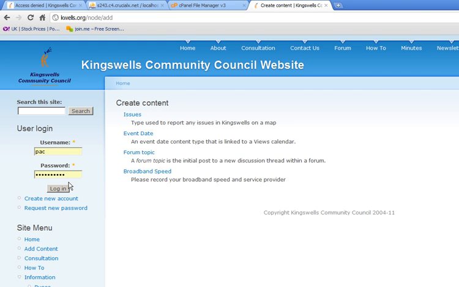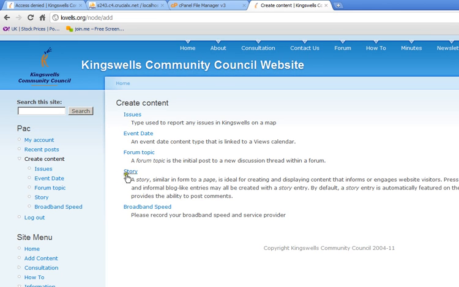If you've gone through the process of creating a user account, then you can also add stories or articles to the website. So you need to log in to do that. Once you've created your account here, you'll be given a password and all that kind of stuff, and all we really look for is an email address. You need that in order to become a member. So press the login button,